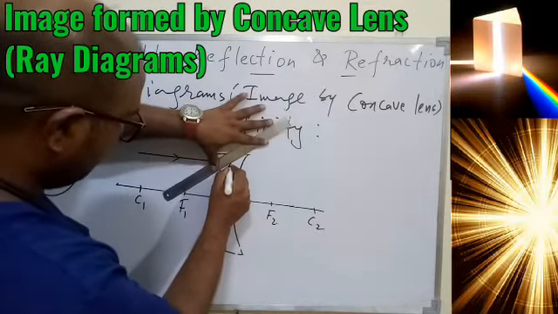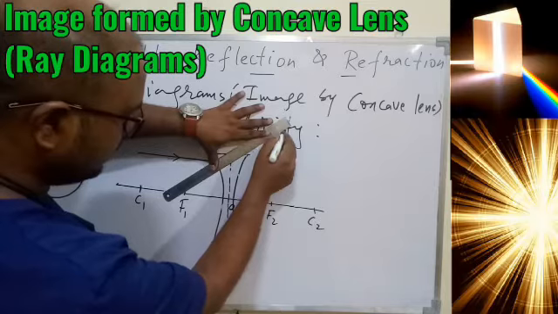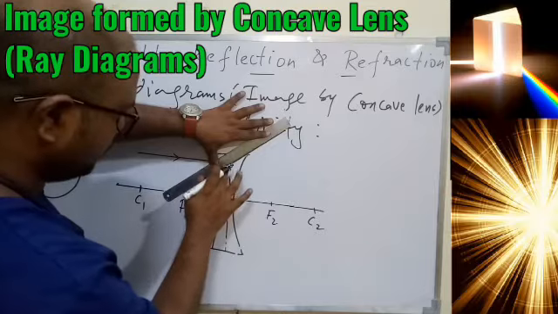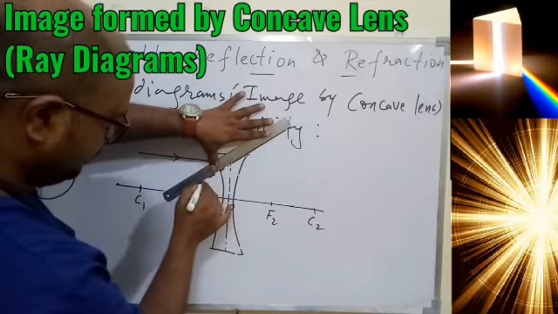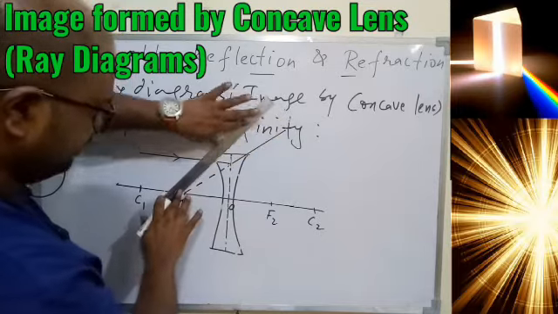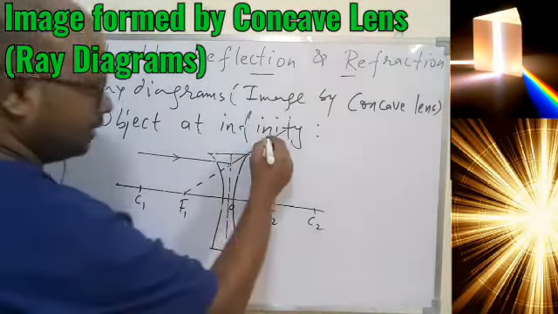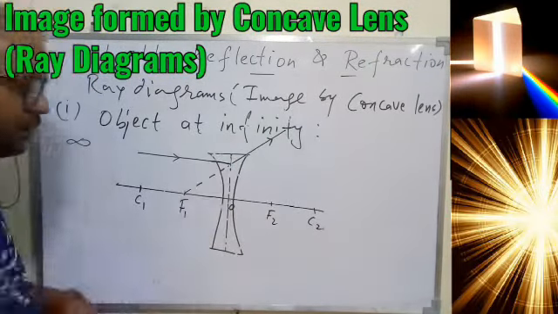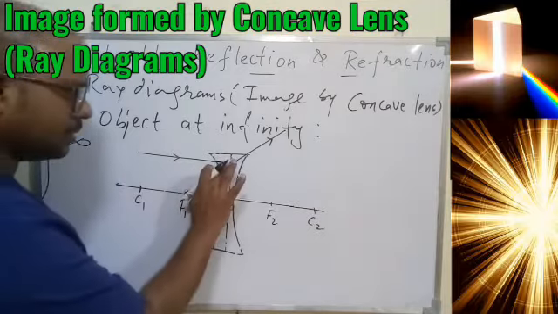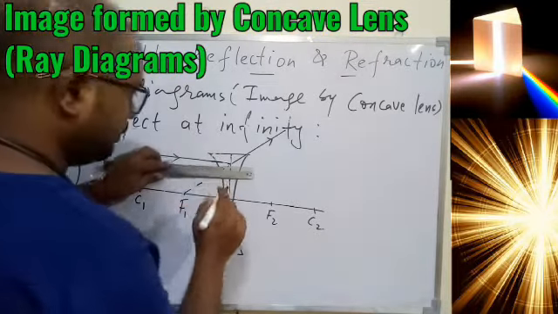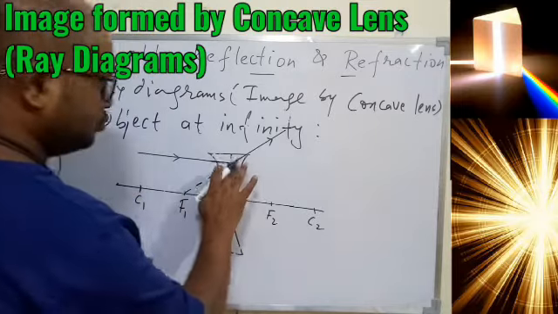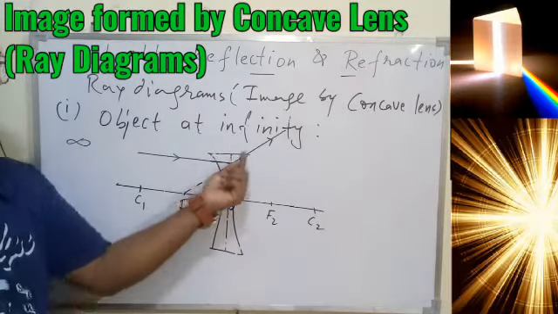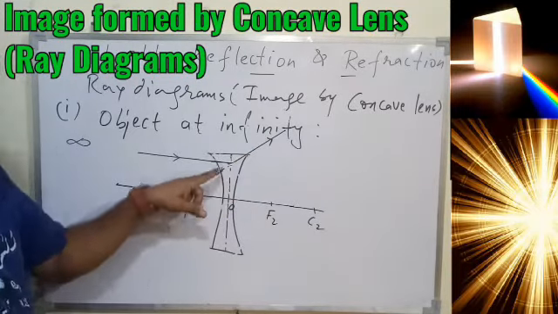So again you have to remember, the ray of light on this side should be solid, but the back side should be dotted. So this is my first ray of light, which is basically diverging from F1. I've done overwriting here, but be careful, overwriting should not be there in your paper. So this ray is basically diverging from F1, so that's why at the back side we have a dotted line, and in front we have a solid line. This is the real path of the ray, and this is the imagination we have.